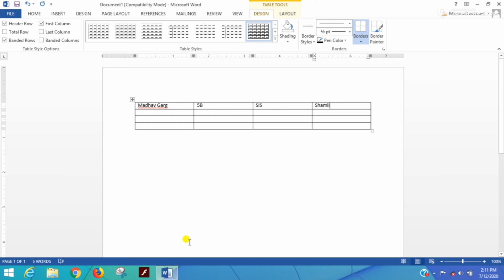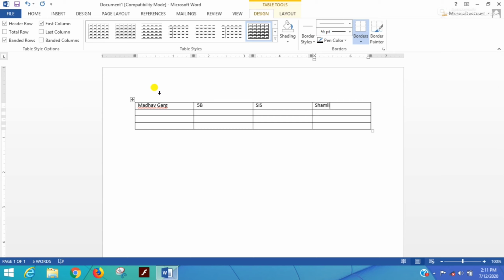Okay dear students, now I will tell you how to select the entire table or a particular column or a particular row. How can we select any column, how can we select a row, and how can we select the entire table. If you want to select a column, you just have to click above the column. Your cursor will be changed into a black arrow.